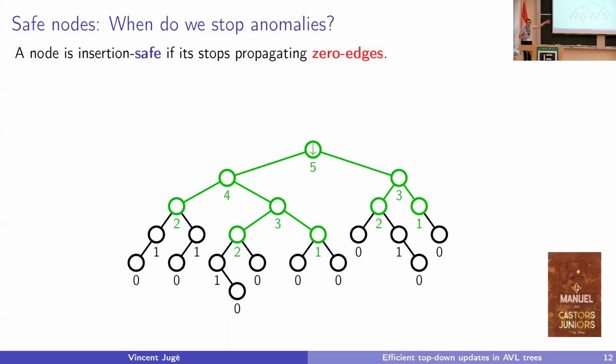I don't want to show you the resulting tree. It would be a nightmare to code in TikZ. But the operation is terminal. And so this node would stop propagating 0 edges that were coming from inserting this leaf. And it turns out, in general, if I wanted to insert some leaf here, this node was unsafe, this one was unsafe, this one was unsafe, this one was unsafe, this one was safe. The others that are above, I don't care. I will not look at them.